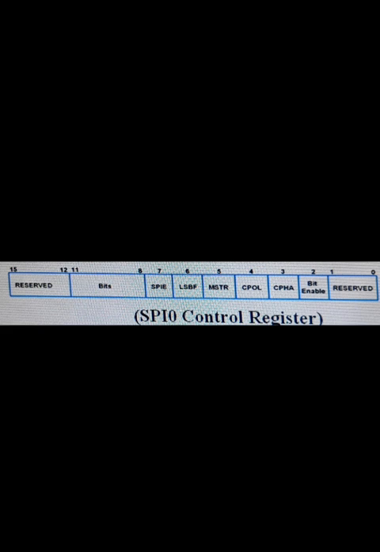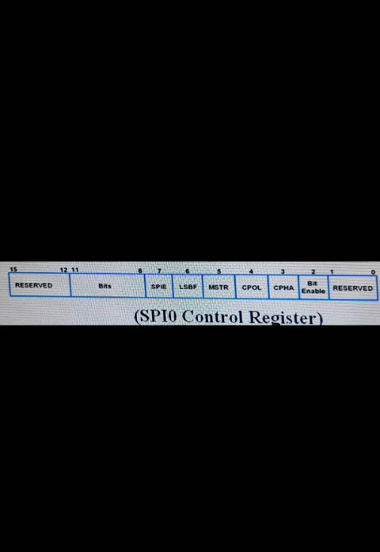The LPC 2148 has two inbuilt SPI modules. First one is SPI 0 and second one is SPI 1 or the SSP, that means the synchronous serial port. SPI 0 supports variable 8 to 16 bits of data per transfer, and the SPI 0 module is compatible with the Motorola SPI.